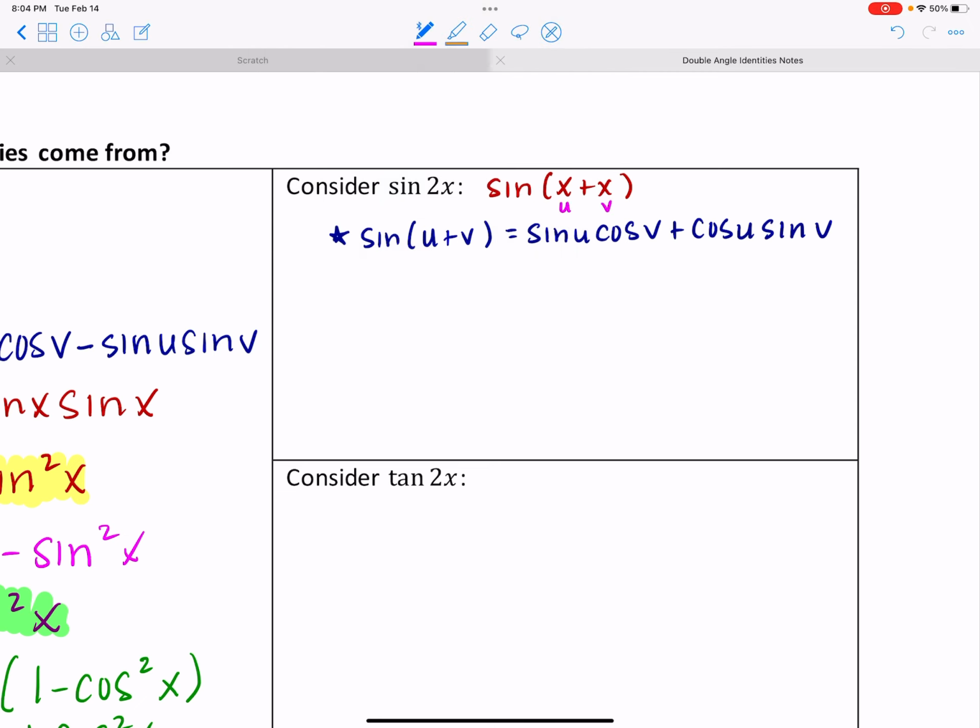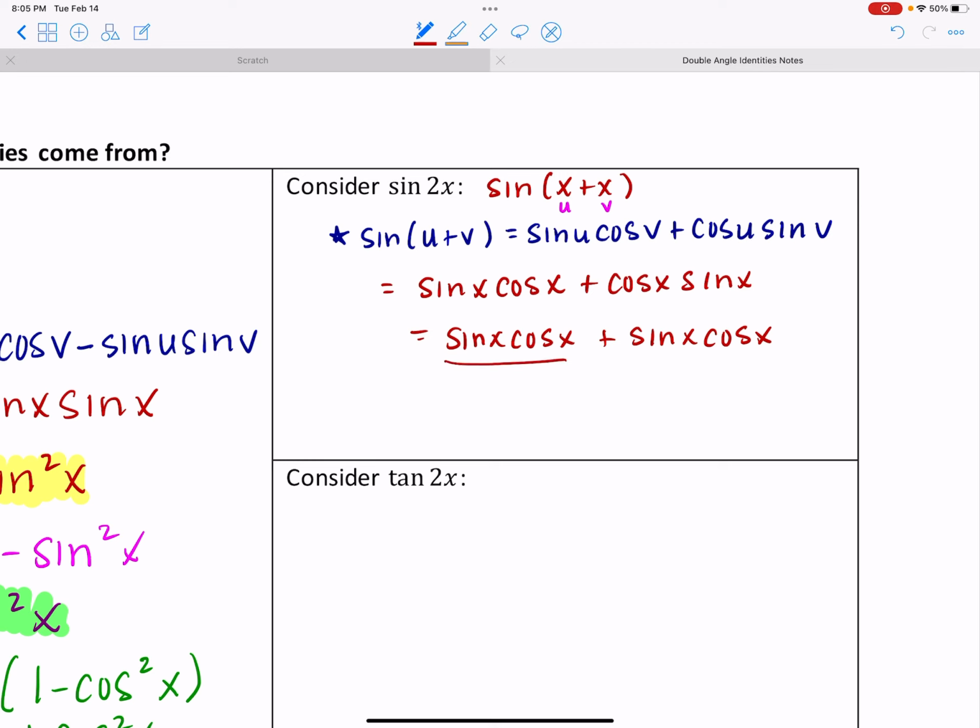And again, u and v in this case are just going to be replaced by x and x. So what we're going to be looking at here is the sine of x times the cosine of x plus the cosine of x times the sine of x. Now the order we multiply doesn't matter, so I can rearrange this and call it sine of x times cosine of x, it's the same thing. And then I have two like terms that I can combine. So sine, cosine, same terms. If I have one there and I add another,